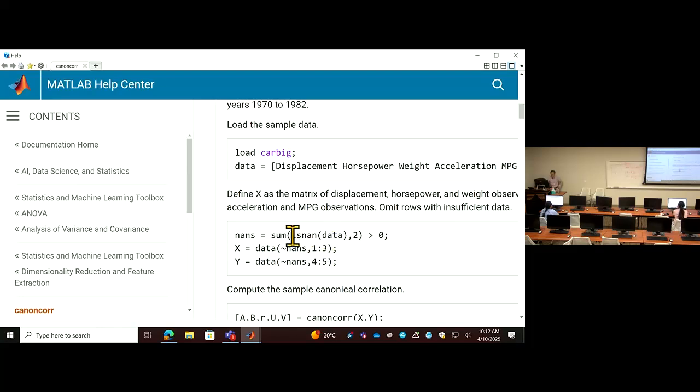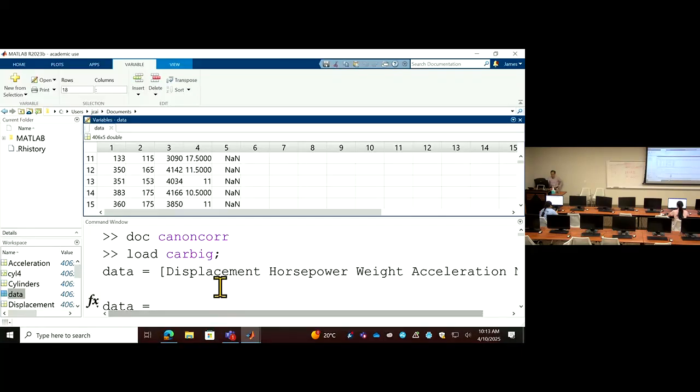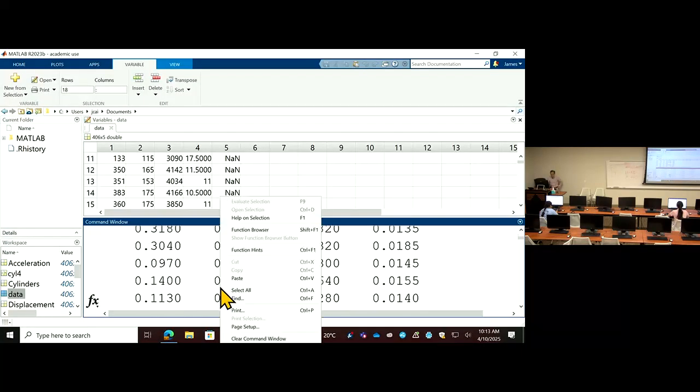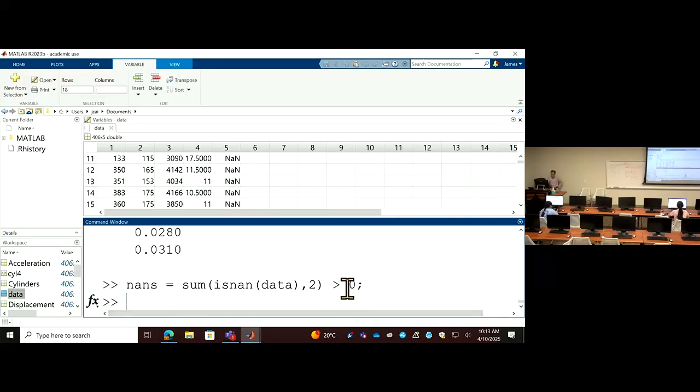So when some rows contain at least one NaN, this will be an index which indicates whether this row has NaN or not. If you run this, I paste it here, you will get a list of index, yes, no,